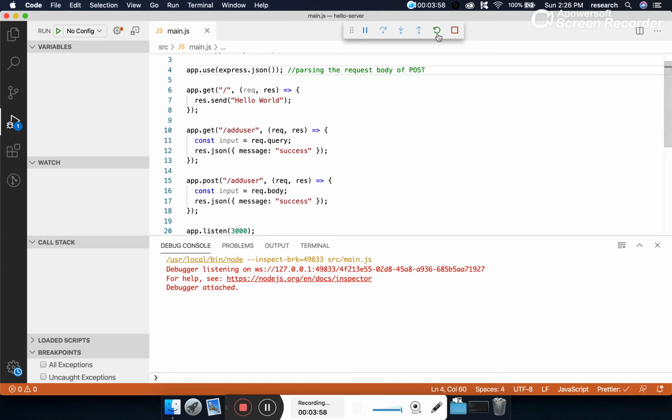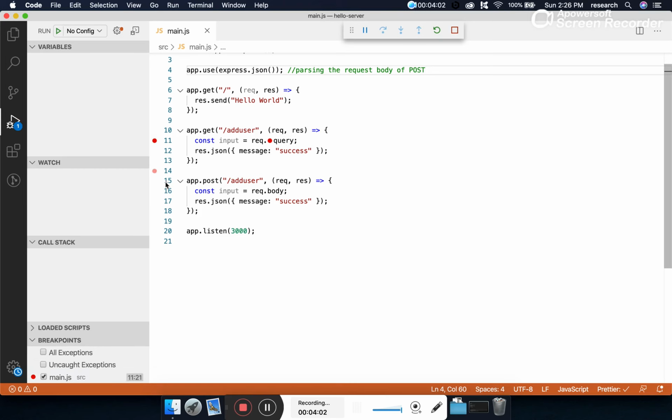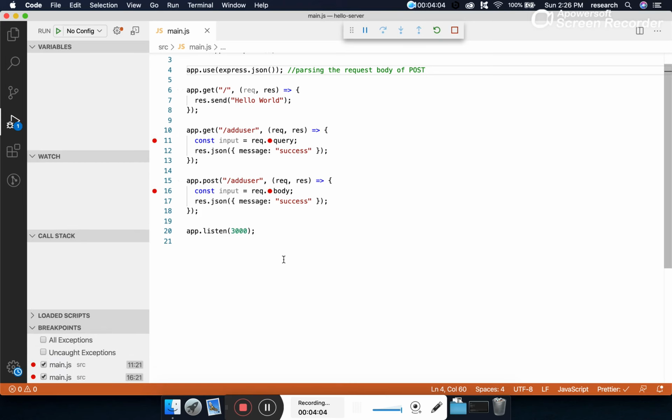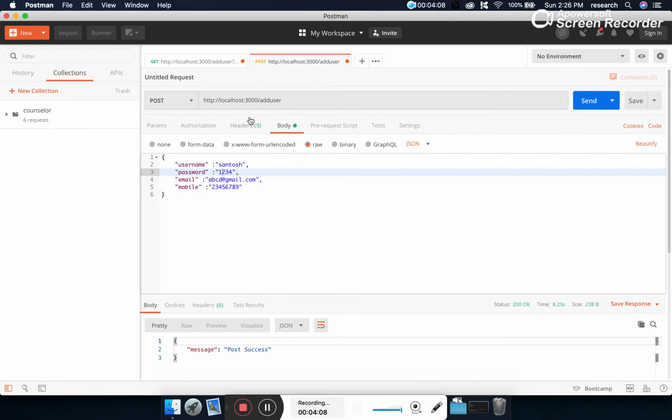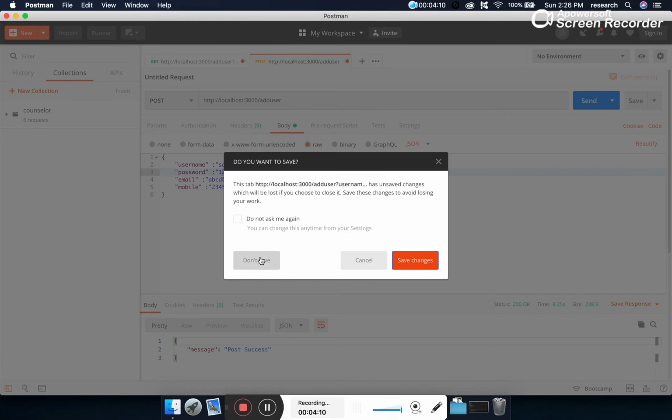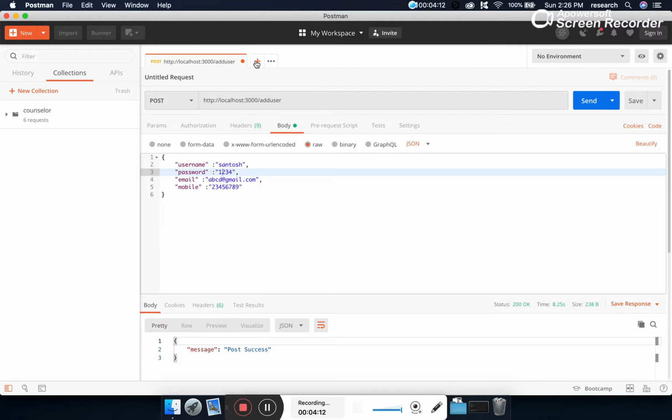Now let's restart the server and test both the APIs, get and post, using Postman. So let's open Postman and don't save.